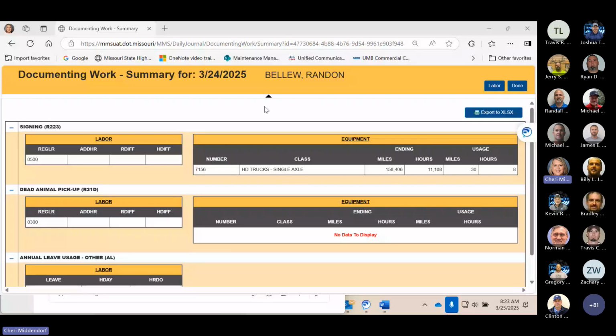whenever we're documenting work, and especially now that we are doing signing and we've got some of these newer activities and for federalizing, the one thing that I had noticed whenever I was helping out some folks is that when they went to document their day, they just went ahead and documented on that first activity, as you see on my summary page here. They went ahead and they just documented their entire piece of equipment all to signing. They did not break that up, that how much did we do for signing and then how much did we do when we went out to pick up animal,